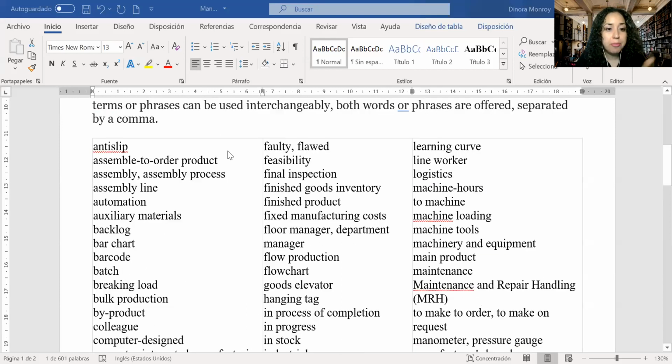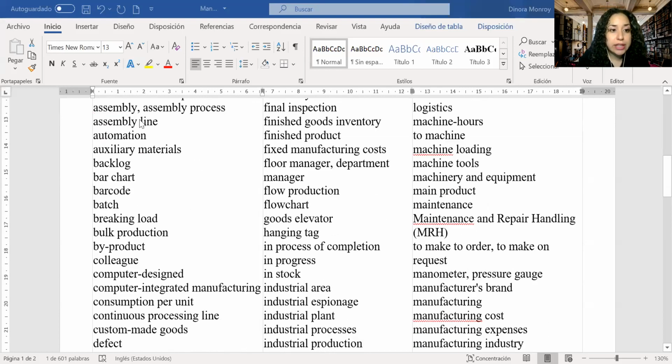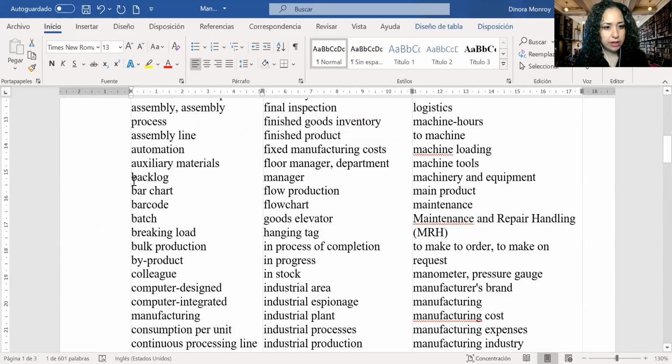It's assemble to order, product, assembly process, assembly line. Look at this, assembly line, very similar to Spanish. What you're thinking right now, yes, that is the definition. You just need to understand the way that it is used. Automation, very similar to Spanish, same roots, okay? Auxiliary materials, you already know the definition of this. And so on. If you go and look at backlog, bar chart,